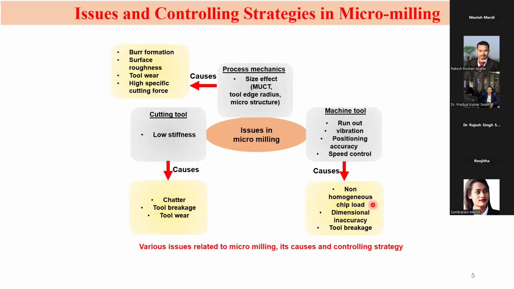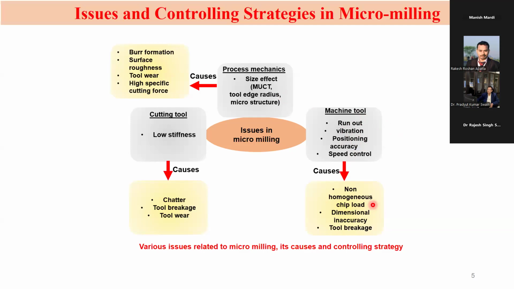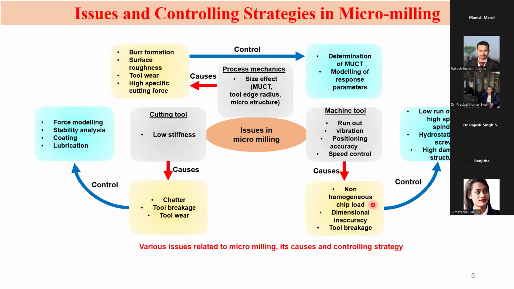The whole, you can say, major two issues are there. One is the quality issue and the other is cost. Cost means the tool can break. Quality means we need a particular surface quality, or you can say the tolerance and all these things of the features. And how can you